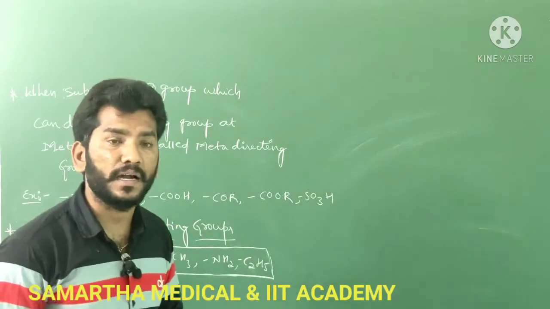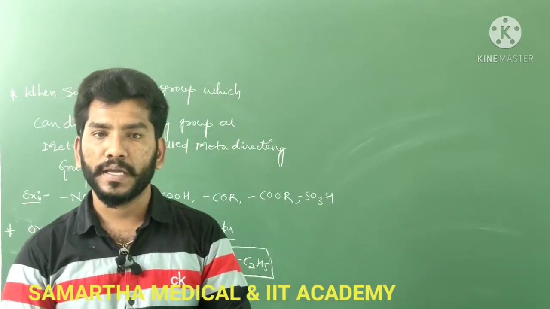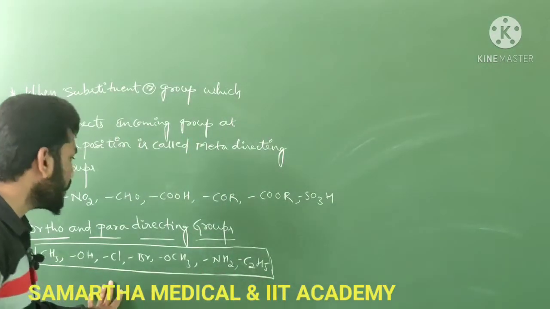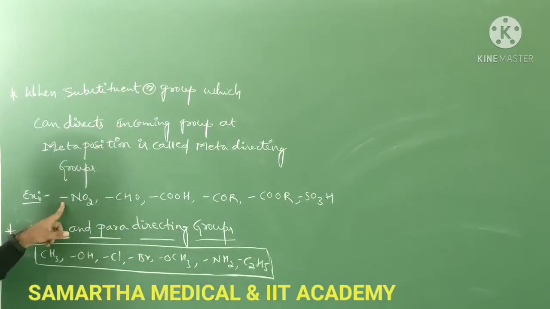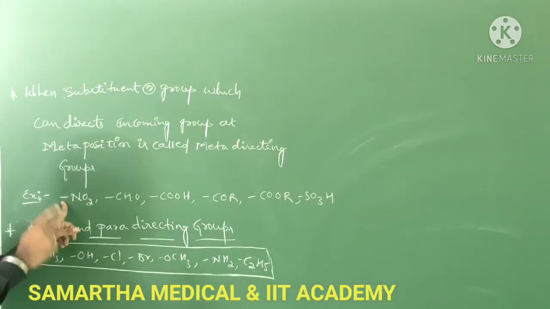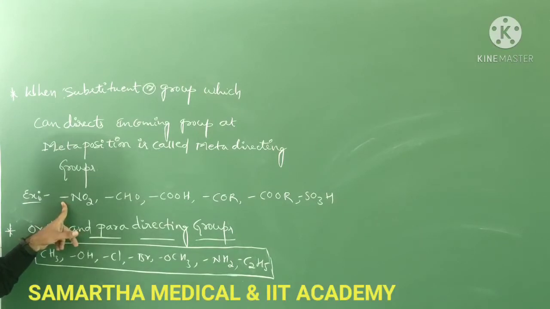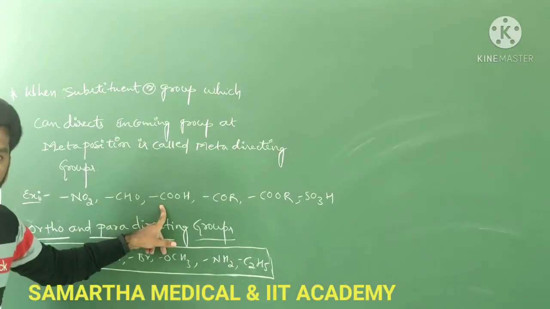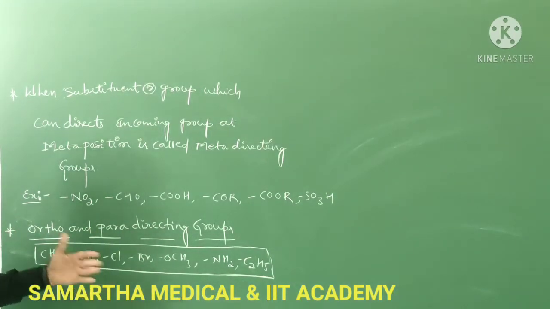effect that can enhance the electron density in the ring at the ortho as well as the para position. That's why we call such a group an ortho and para directing group. And if the other kind of group is present in a ring, then the electron density in the ring decreases at the ortho and para positions, but the electron density is somewhat higher at the meta position. That's why we call those groups meta directing and these groups ortho and para directing groups.